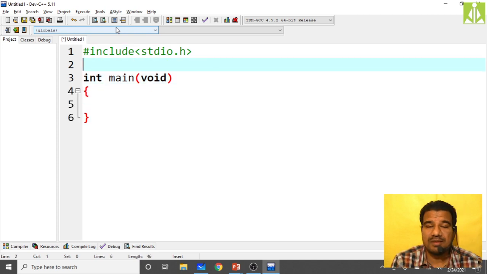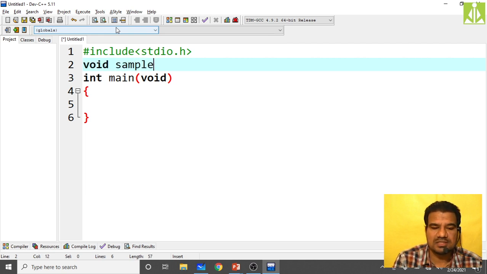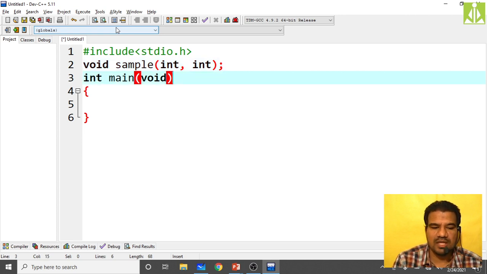As I'm going to use a function and pass individual elements to it, I need to do the declaration of that function. My function name is sample, and to this I'm going to pass two elements from the array.